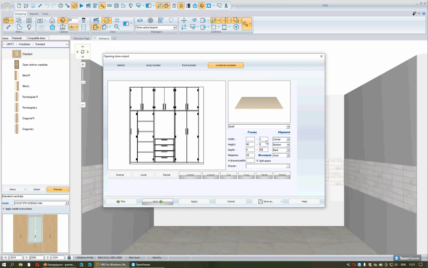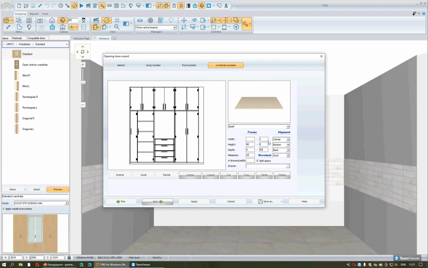For example, don't forget that these columns will indicate to you how smaller will be the depth, the height, and the width